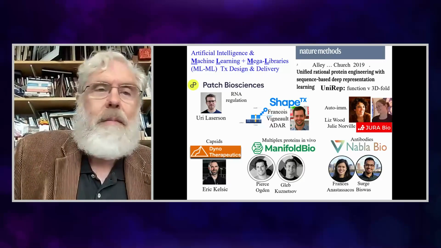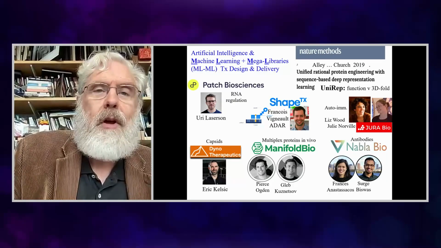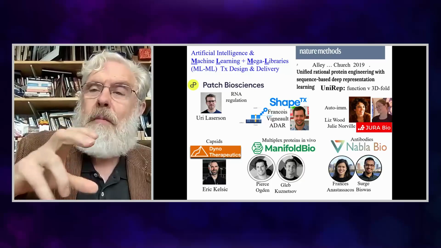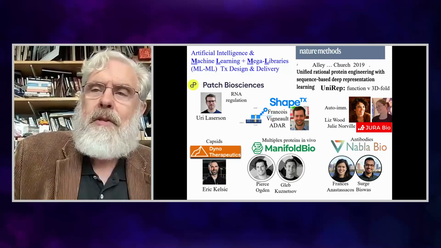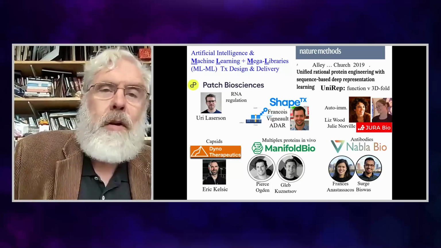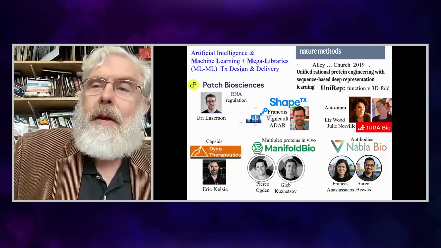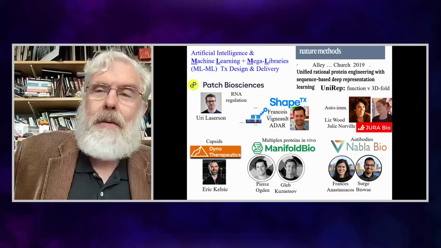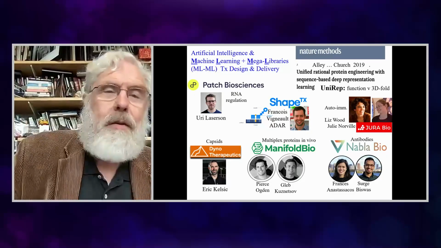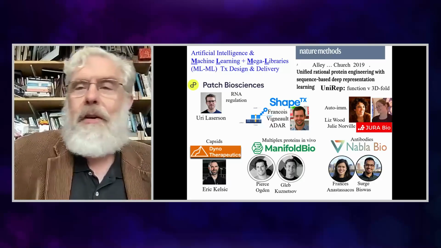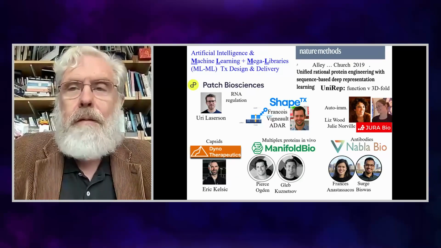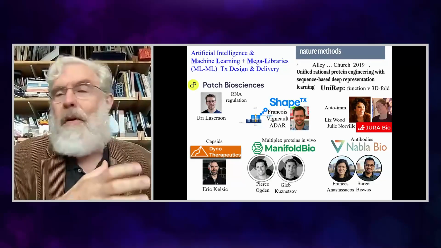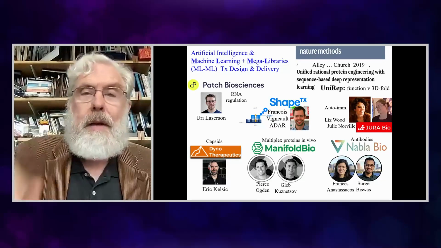Dino I already described for viral capsids. Jura is making using receptors on the surface of immune cells, using machine learning on those. Shape is on using RNA editing, using natural editors, not using foreign bacterial proteins, but using human proteins to do the RNA editing. And then Patch is on regulation, via engineering DNA and RNA with machine learning. So that's how we can capture machine learning for almost every aspect of everything I'm talking about here today.